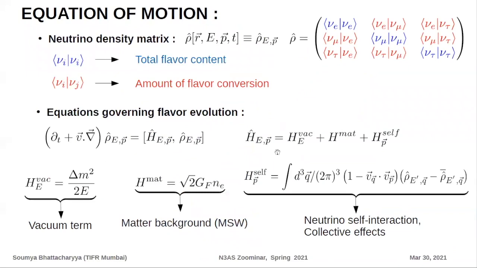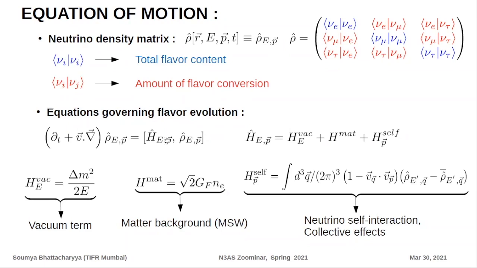In this type of scenario, the neutrino density is very high, and it's better to understand the equation of motion in terms of the ensemble or density matrix formalism, where the diagonal elements of the density matrix capture the total flavor content of the emitted neutrinos, and the off-diagonal components capture the amount of flavor conversion. In this dense scenario, the equation of motion which governs the neutrino flavor conversion is given by this type of equation,